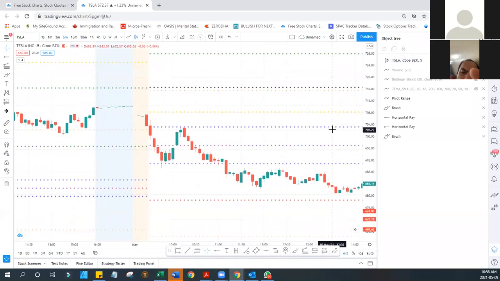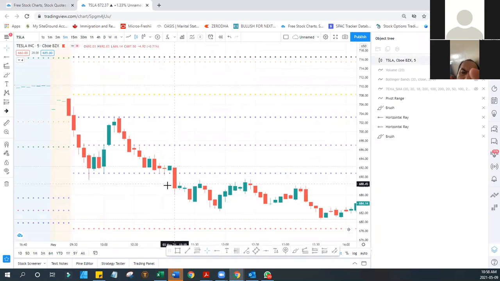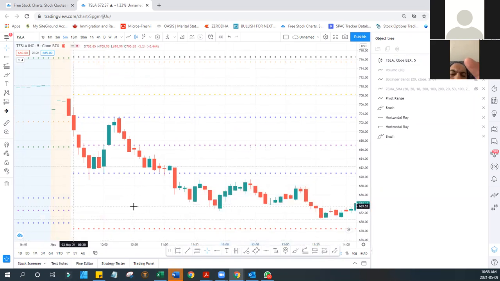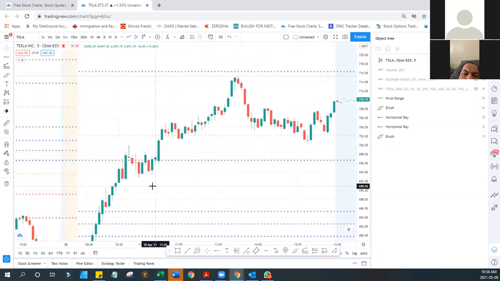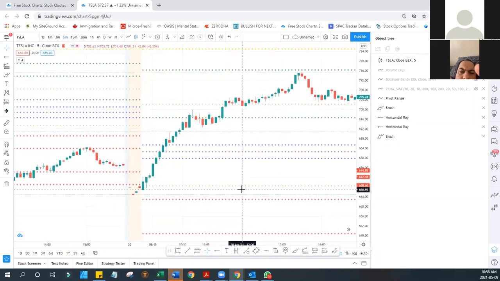Look at the price. Price broke the CPR. You can take the trade, and at least you would have got almost 1%. Okay. And here, this is the good trade. This is the good trade. Now,